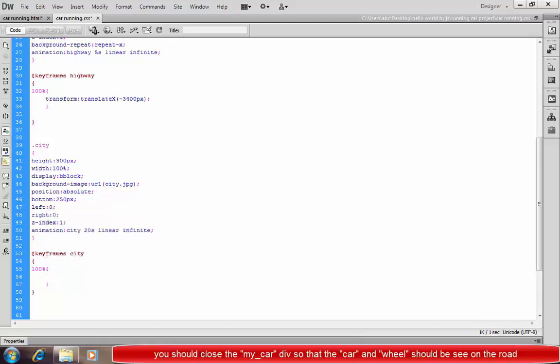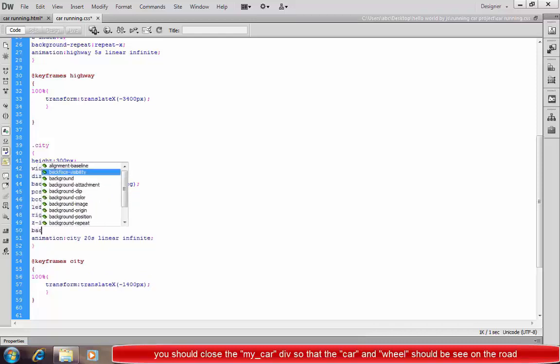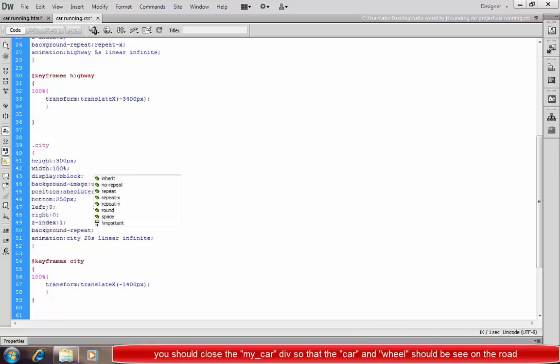And after that we use transform, which can move the image in a 2D or 3D direction. For that we specify translateX, which means it can move the image on the x-axis only, and on the x-axis we move minus 400 pixels.